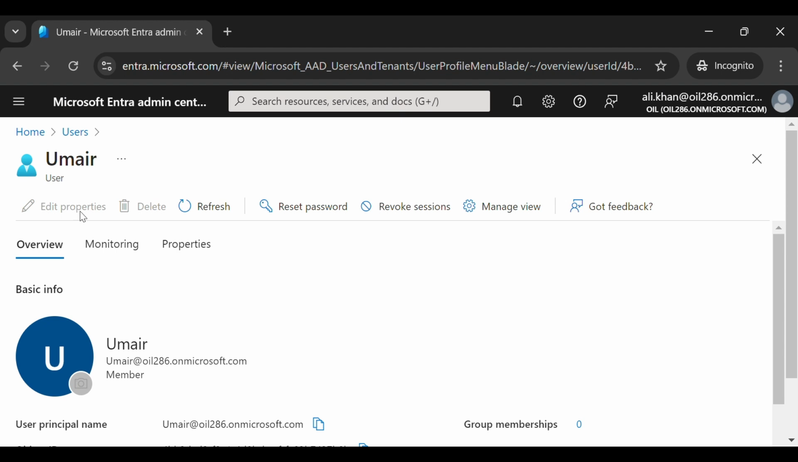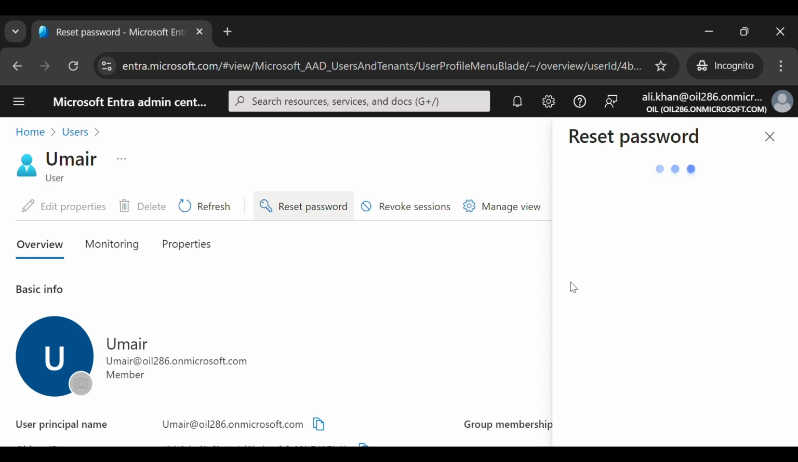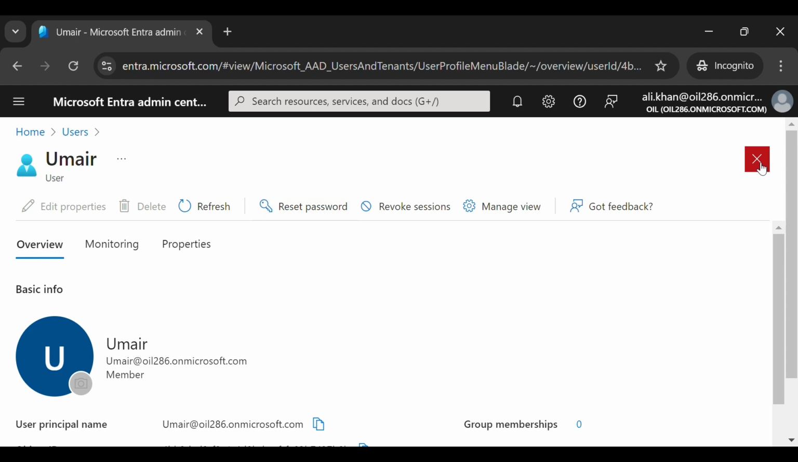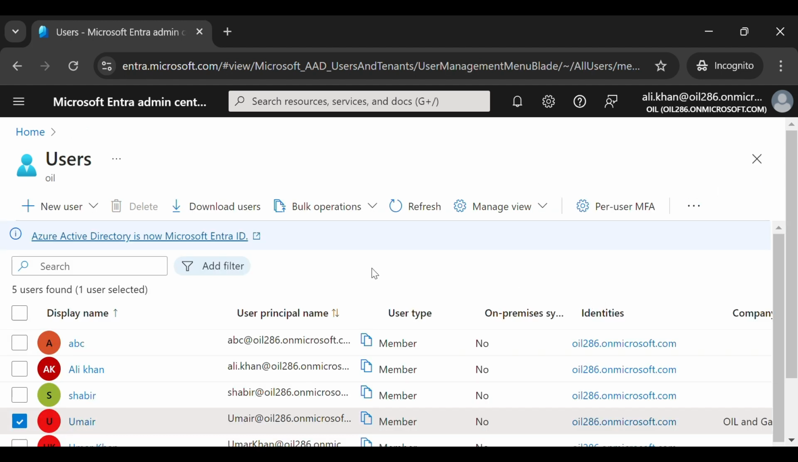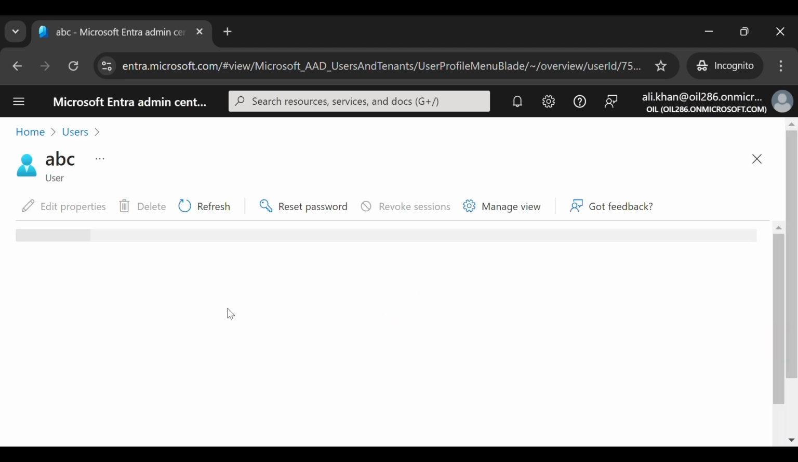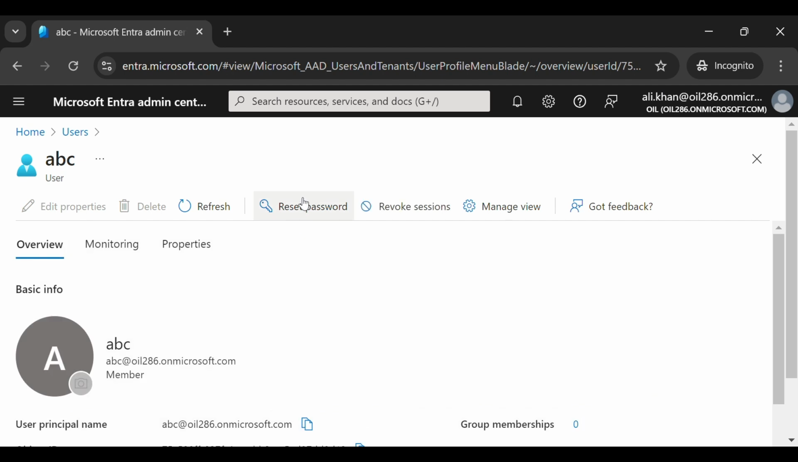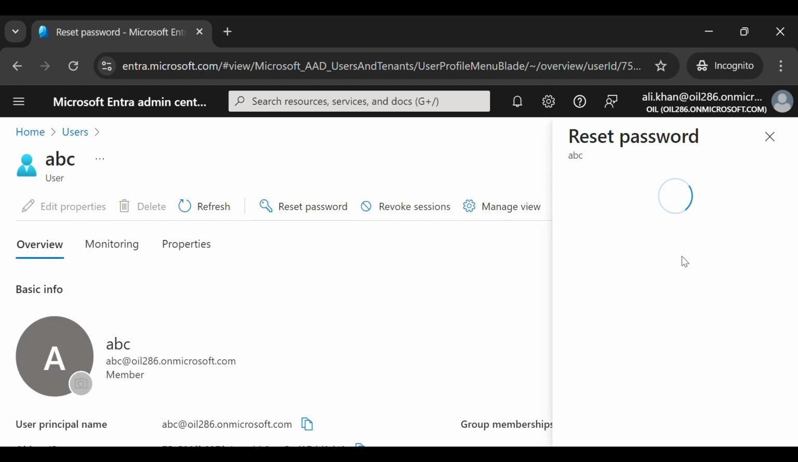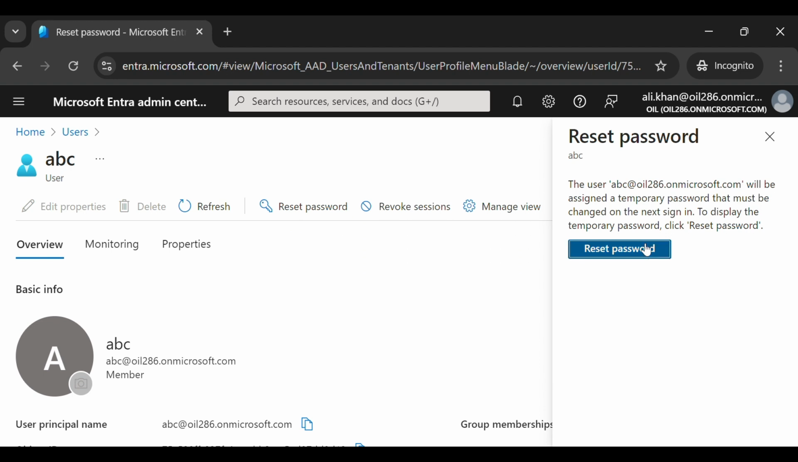As you can see, the edit property has been grayed out. If I want to delete this user, I am unable to delete this user, so I will select reset password. It did not give me permission to reset the password because the user is a part of the admin group. So I will select a user that is in a non-admin group, ABC. If I select reset password, it will